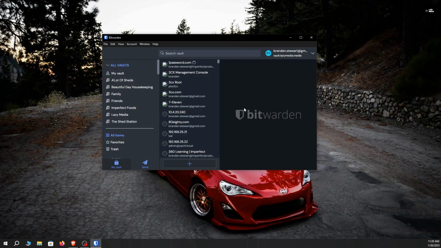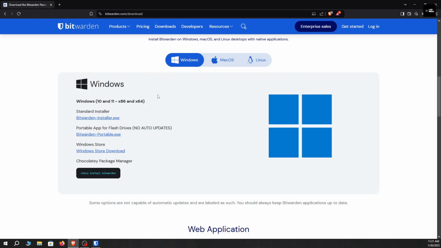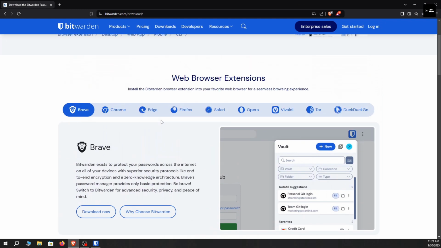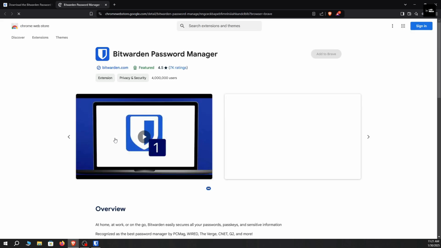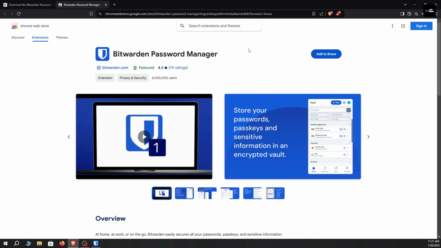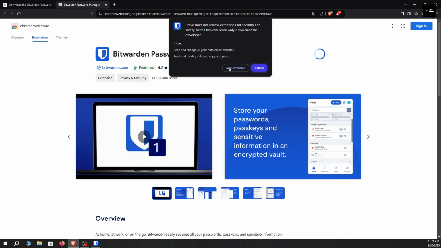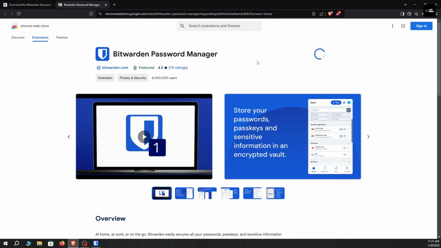And now to install this into your browser, going to open up your browser again and then just scroll up a little bit and then click on whichever browser you use. I am using Brave right now, so we're going to just click on Brave and hit download now. And then as you can see, it takes you automatically to the Bitwarden password manager page. We're just going to click on add to Brave, add extension,